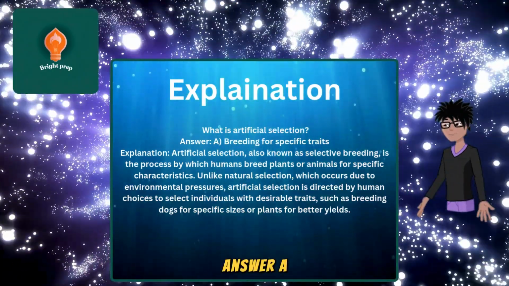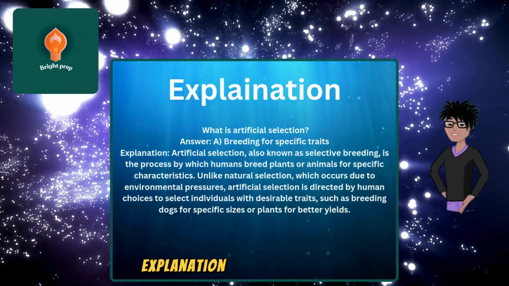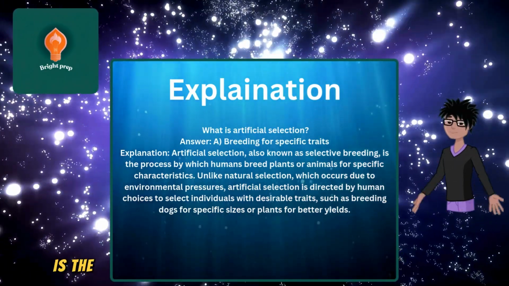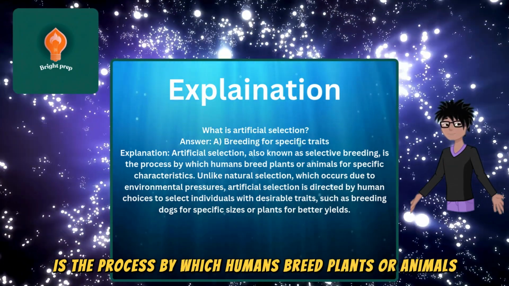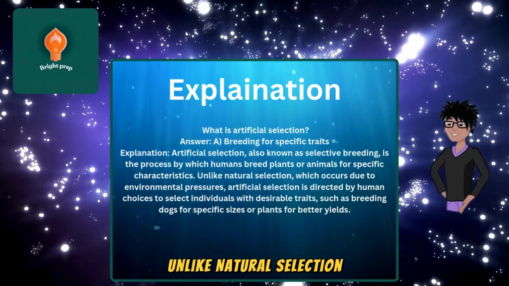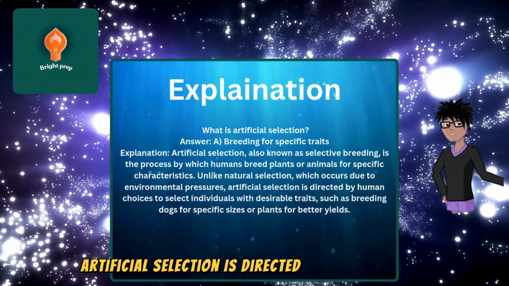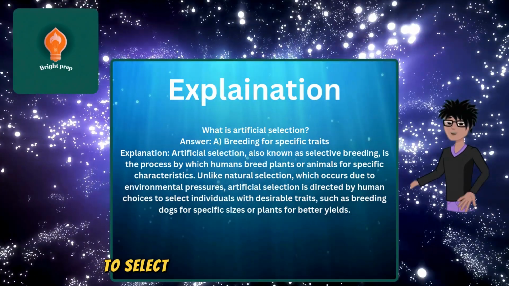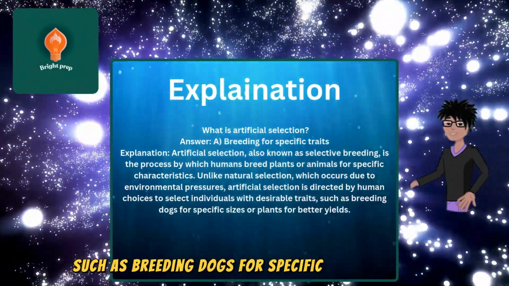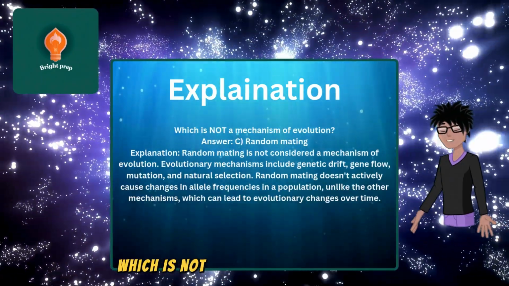Answer A. Breeding for specific traits. Explanation. Artificial selection, also known as selective breeding, is the process by which humans breed plants or animals for specific characteristics. Unlike natural selection, which occurs due to environmental pressures, artificial selection is directed by human choices to select individuals with desirable traits, such as breeding dogs for specific sizes or plants for better yields, which is not a mechanism